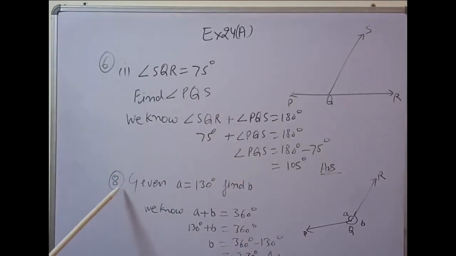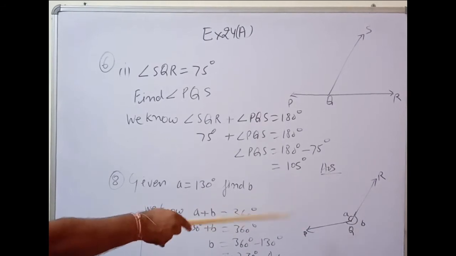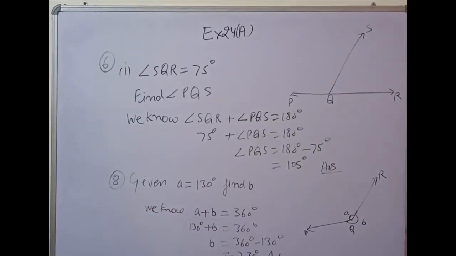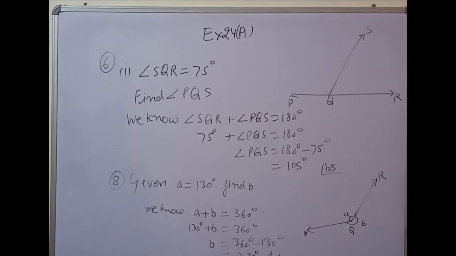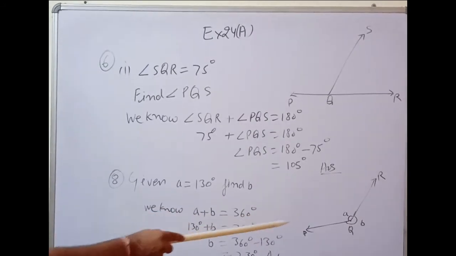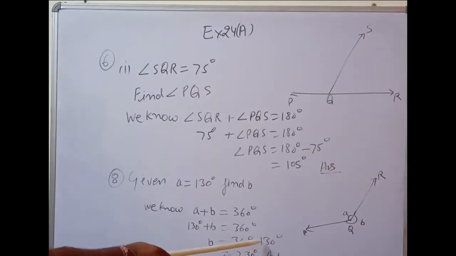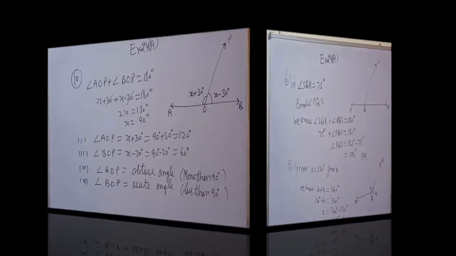One more question I am taking, question number 8. First part is that given A equal to 130 degrees, figure is there. Here the two angles PQR and the reflex angle PQR. You know that the sum of angles at a given point is always 360 degrees. So angle A plus B will equal 360 degrees. So put the value of A, 130 plus B equal to 360, or B equal to 360 minus 130, that will subtract from here. So that is 230. So B equal to 230. In that manner you will do this.